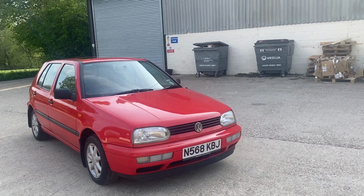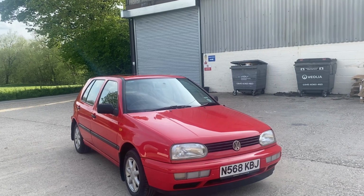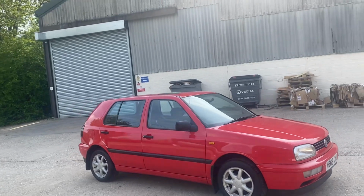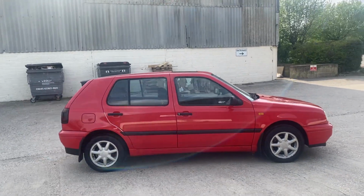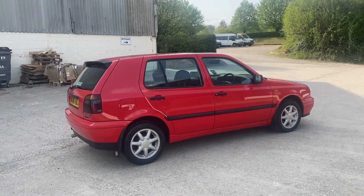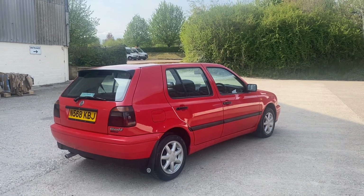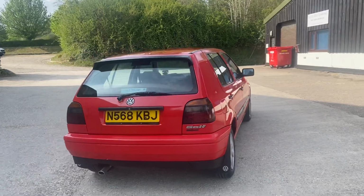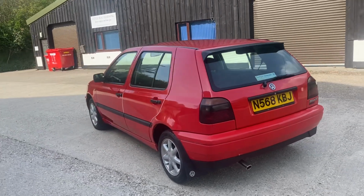So just to recap, a 1995 Golf Driver, 1.8 petrol, a 90 brake horsepower engine, a 4-speed auto gearbox. It drives super smooth, and I can honestly say, having been driving it today, it has a certain freshness to it. It even has a bit of that new car smell, because incredibly, after all those years, I guess only doing 33,000 miles, it's only seen light duties. I'd like to think this car has probably got quite a lot of life left in it. It does look really good. It presents really well. It is in fabulous condition. I think it will prove a good